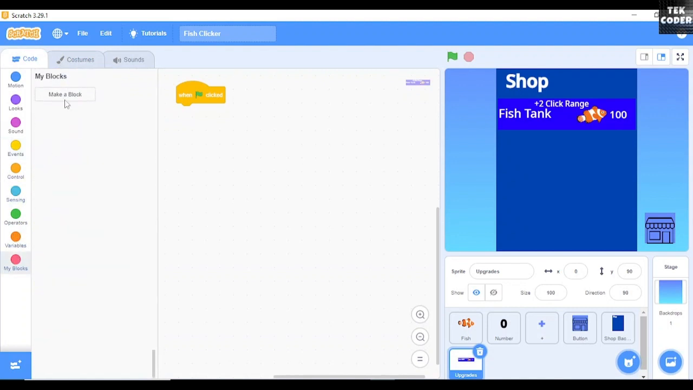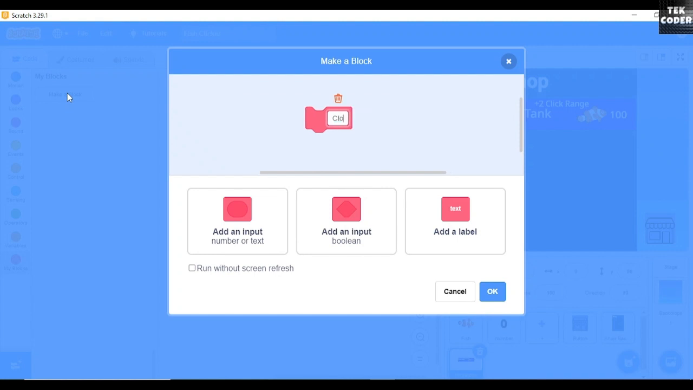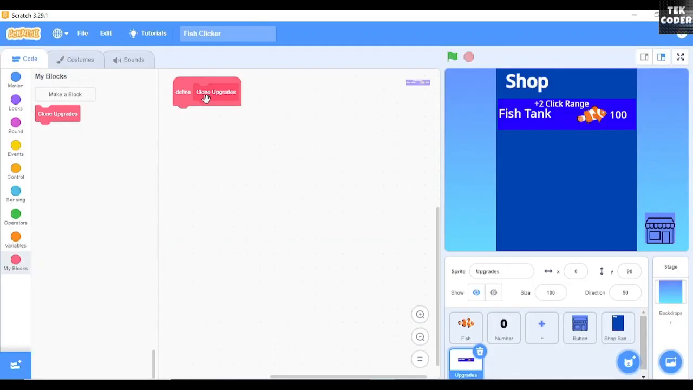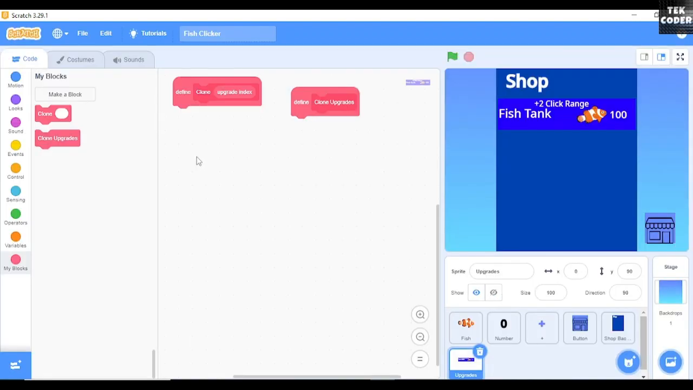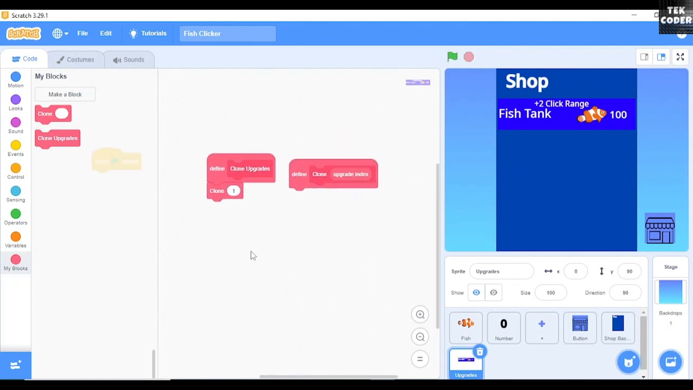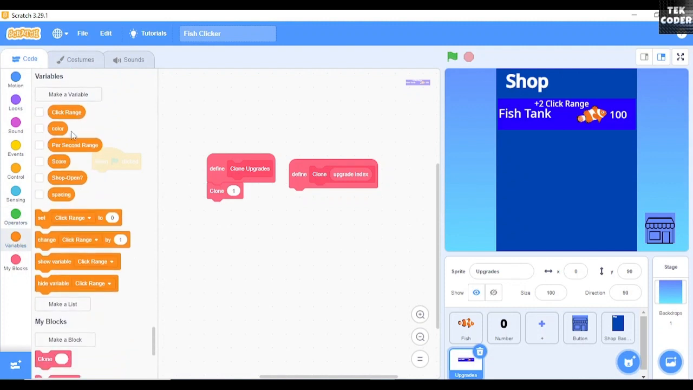and then let's create a block to clone all our upgrades. So create a new block called clone upgrades, and make sure you run without screen refresh, and then create another block to clone each upgrade. So clone, and then add an input called upgrade index, and then as we have only one upgrade, we clone the first one, and then let's create a new variable